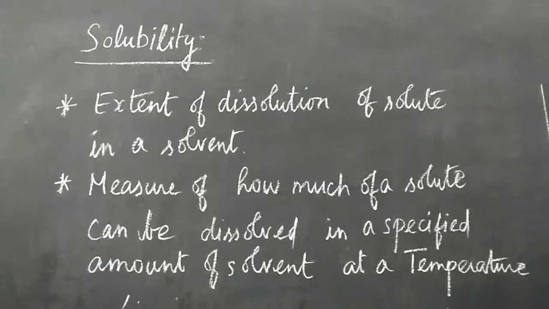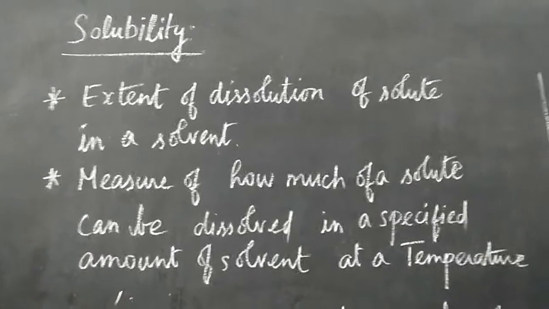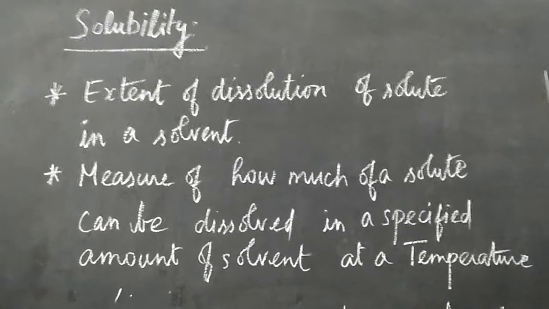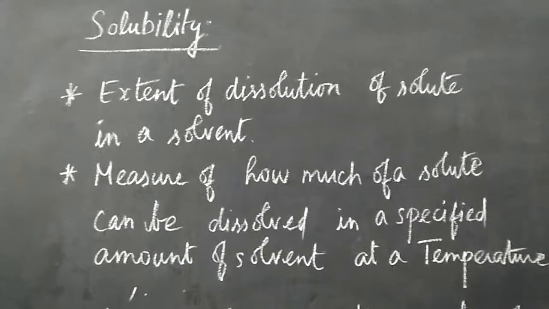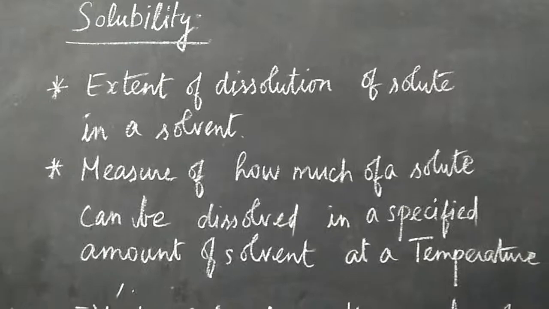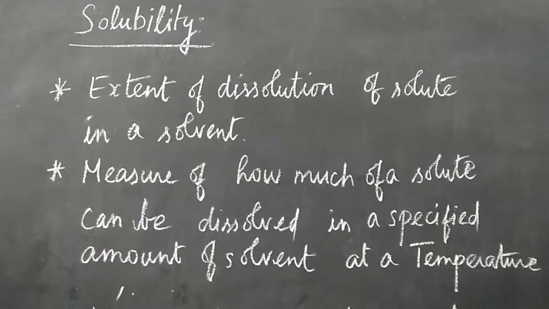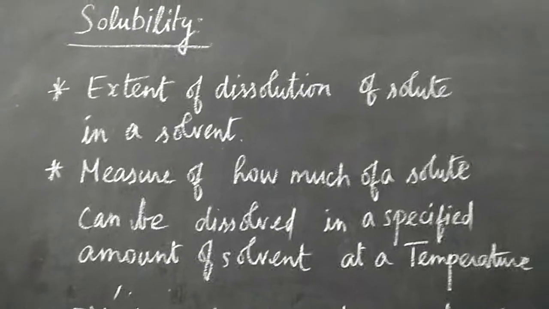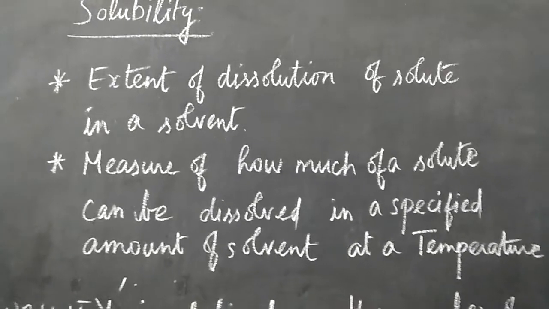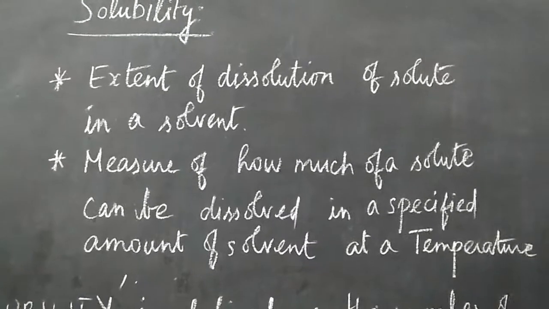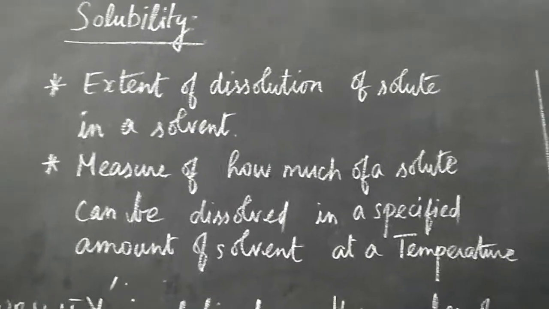When we were discussing the classification of solutions, we discussed that if, for example, a spoon of sugar is dissolved in water, it dissolves. More and more sugar dissolved in the same quantity of water keeps on dissolving to a particular extent. Beyond that, it will stop dissolving. After that, when you add more, it will remain at the bottom, it will not dissolve.